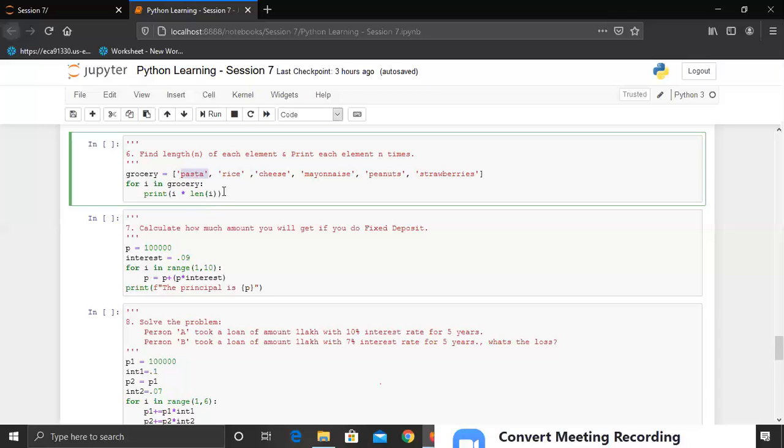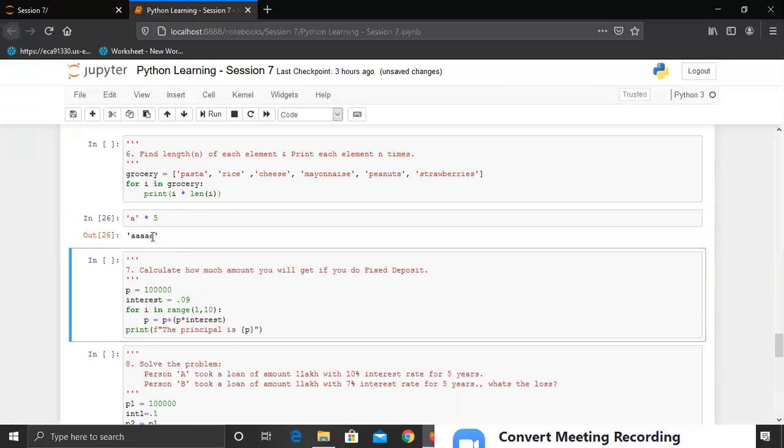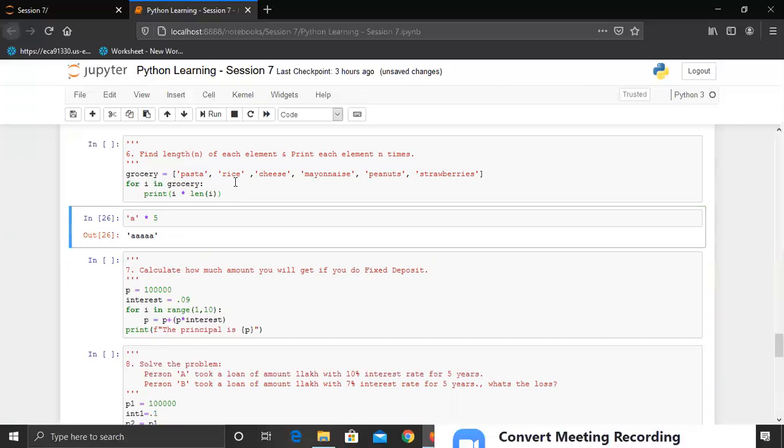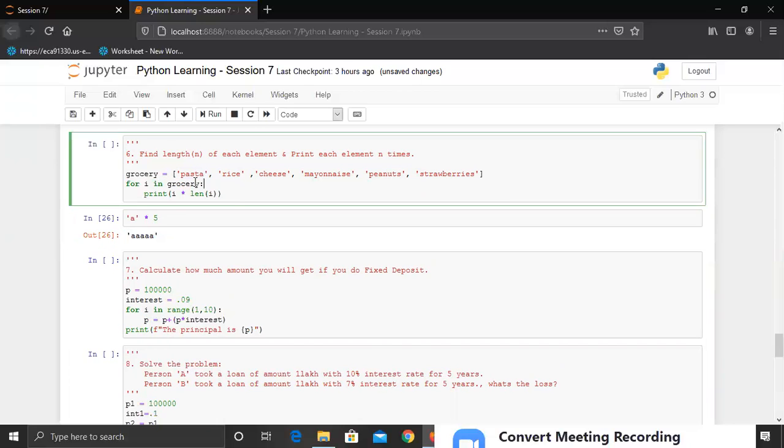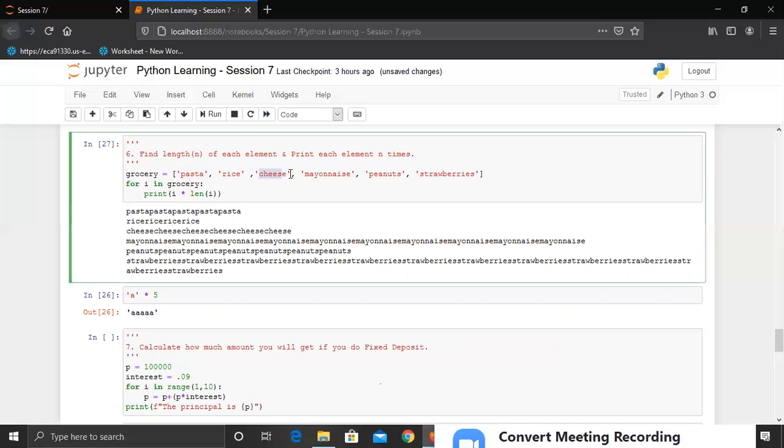Let me just show in the below cell: if I write a multiplied by 5, what would be the answer? It will print a 5 times. Similarly, in the above example, it will print pasta 5 times, then rice 4 times. Let me print this. You can see the output is printing multiple times as per their length.